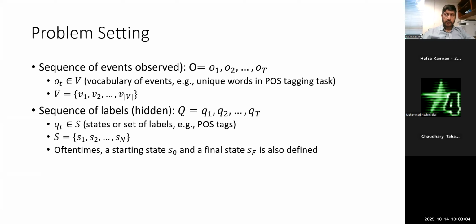So there are N possible states, capital N possible states. Similarly, for each of those observed events, O1, O2, ..., OT, that comes from a vocabulary. So I'm using the terminology of hidden Markov models, but with a slight